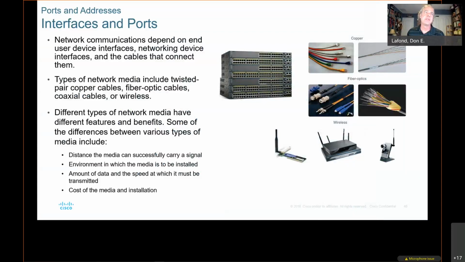So now, interfaces and ports. Network communications depend on end user devices, networking devices, interfaces, and the cables that connect them. So you've got routers and switches and cables. Now, we talked about cables last week a little bit. And there are different features and benefits of different types of equipment and different types of connections, and other pieces of equipment, why you would use, say, a firewall. But anyways, the distance the media has to successfully carry the signal, the environment in which the media is to be installed, the amount of data and the speed at which it needs to be transmitted, or